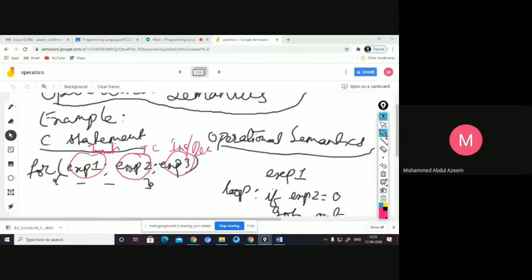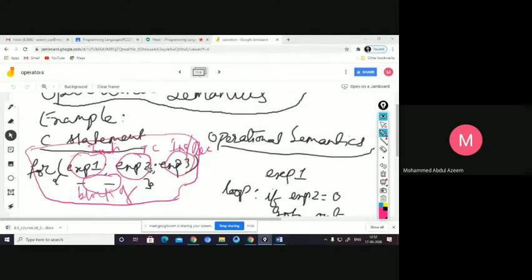So how many times you want this particular set of statements to be executed, you can control with the help of these 3 expressions. So the execution of this particular for statement, or the other way around, the meaning of this particular statement,